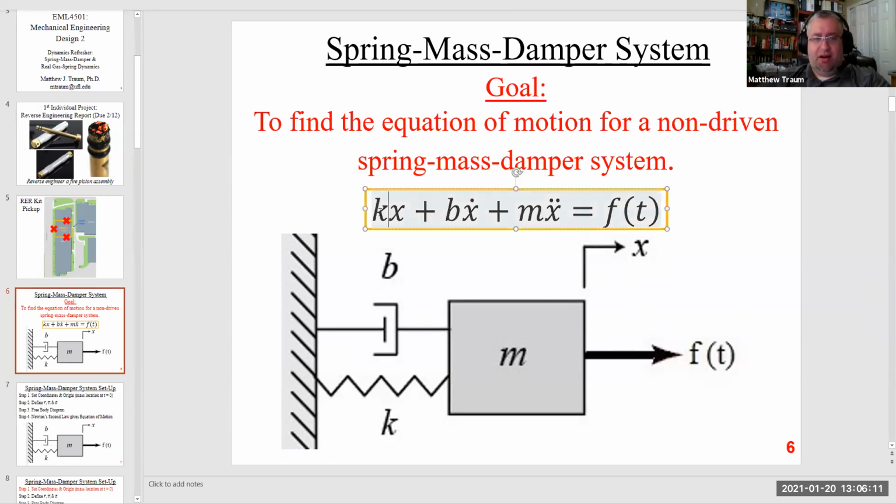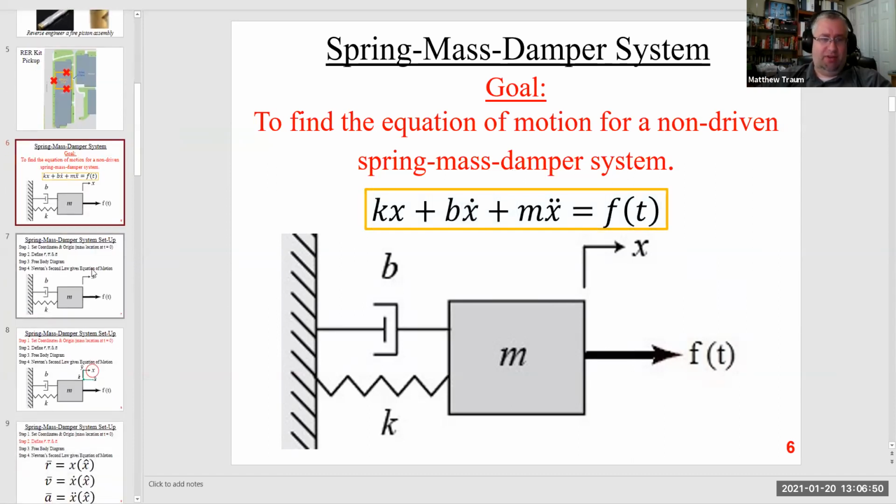And this equation that I boxed in orange is the equation that describes the motion of this mass as it's pictured here in the schematic. The first term is the spring force associated with the linear spring. The second term is the dashpot force associated with the damping of the dashpot, and the third term is the acceleration of the mass itself. So we're going to work out how to go from a free body diagram to all of these terms and reconstruct this equation for a system of interest.